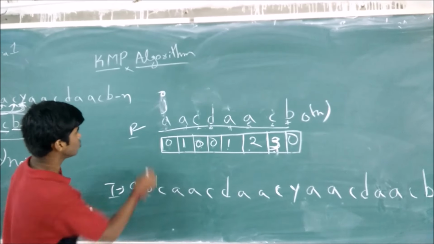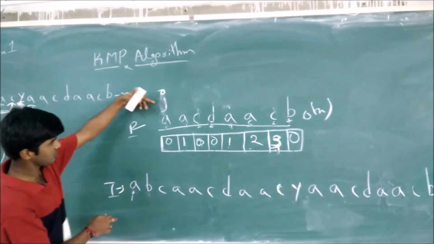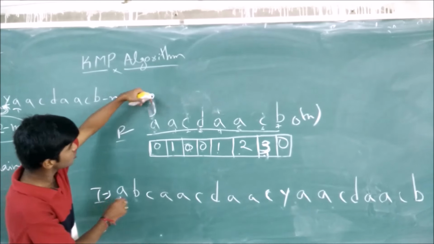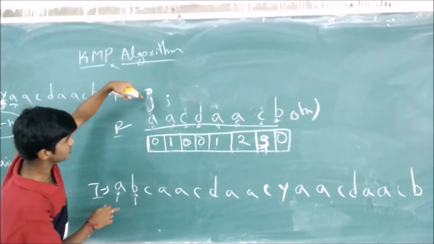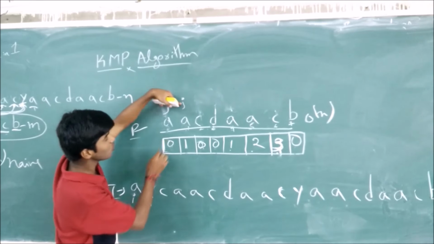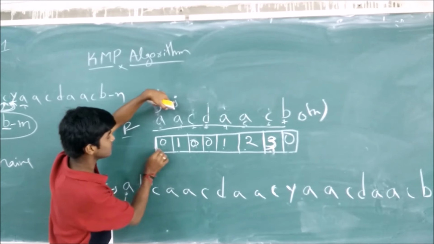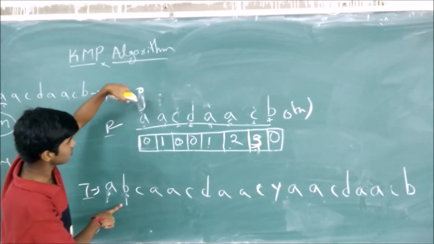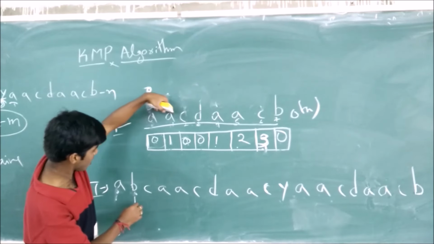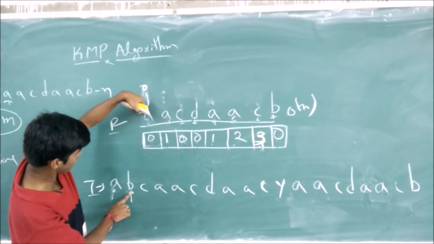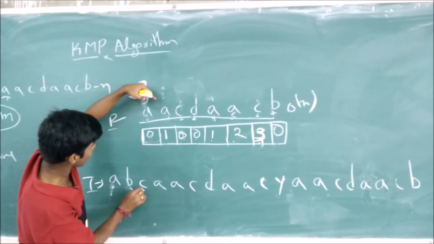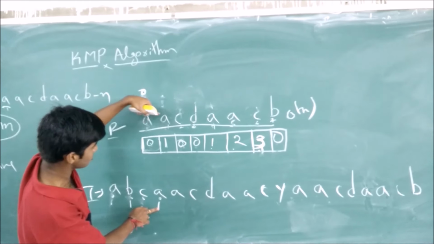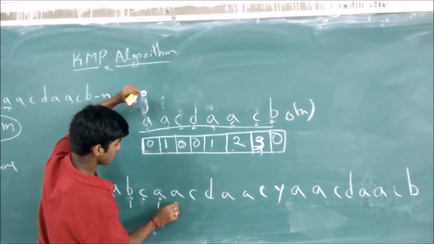So we'll take two indices i and j here, and this is the pattern, this is the text, by the way. A and A have matched, so we'll shift the positions of our i and j. Now A with B doesn't match. Now j needs to be shifted to the previous element value of this array. So now j again happens to be 0 and i is still here, and we try to match B with A, it doesn't match. We'll shift our i. C with A doesn't match. We'll shift again our i. Now A with A matches.